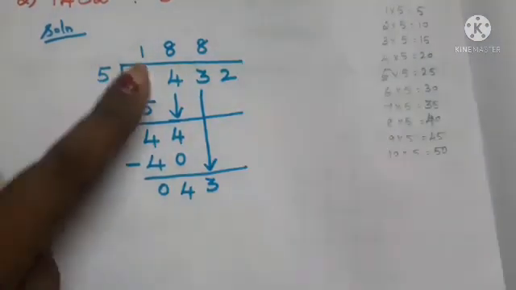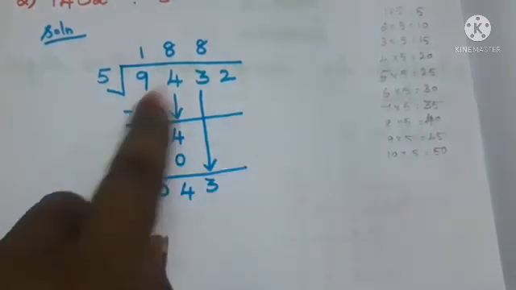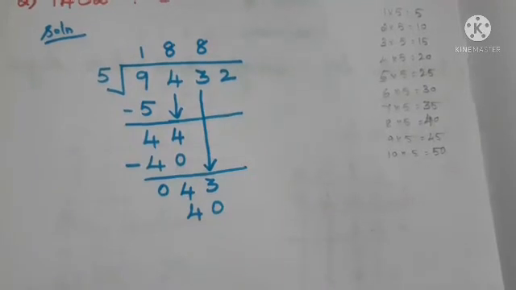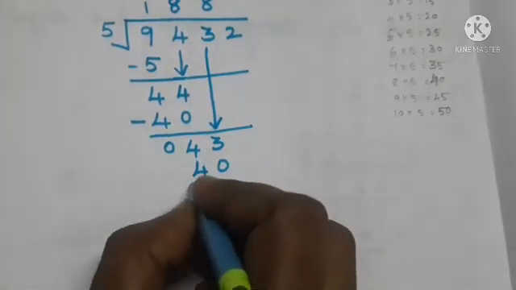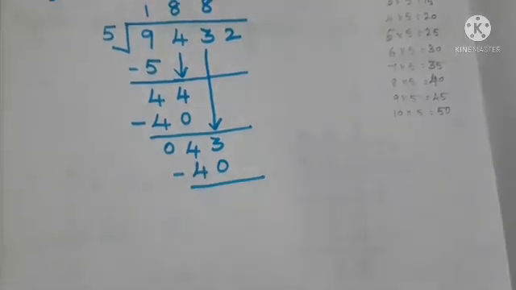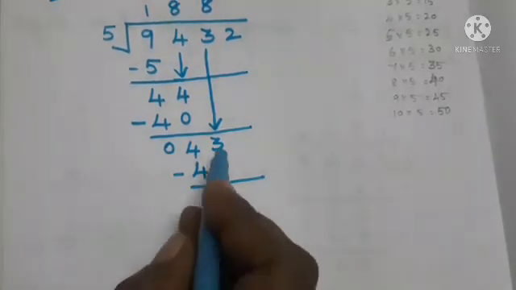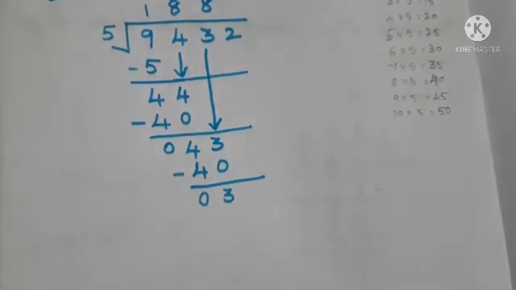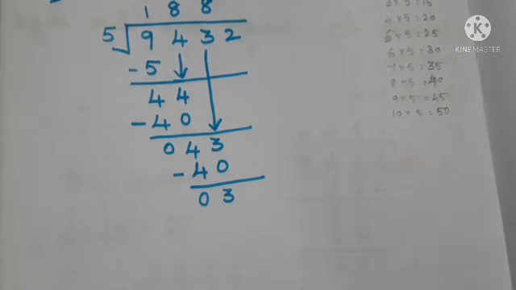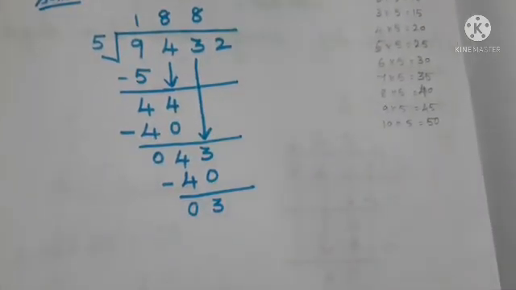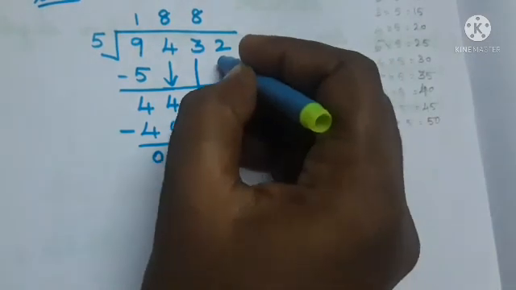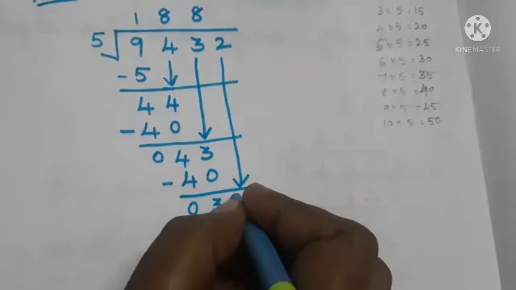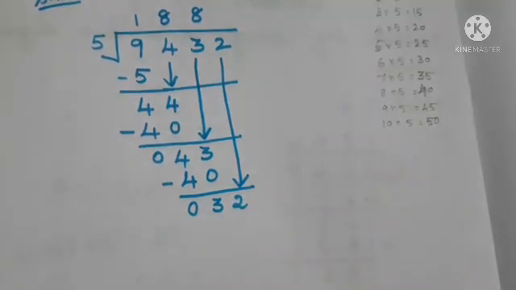Okay, so 8 into 5, 8 5s are 8 into 5 is what? 8 5s are 40. That 40 we want to write down of the 43. Next we have to subtract the 43 and 40. Subtract it. Okay, now 3 minus 0, we know that 3 minus 0 is 3, and here 4 minus 4 is 0. Next we can bring the 2 down, that is 2 is the ones place value, no, so 2 is alone. So next we have to bring the 2 to the down. Now we have 32, 3 and 2, it will make it as 32.